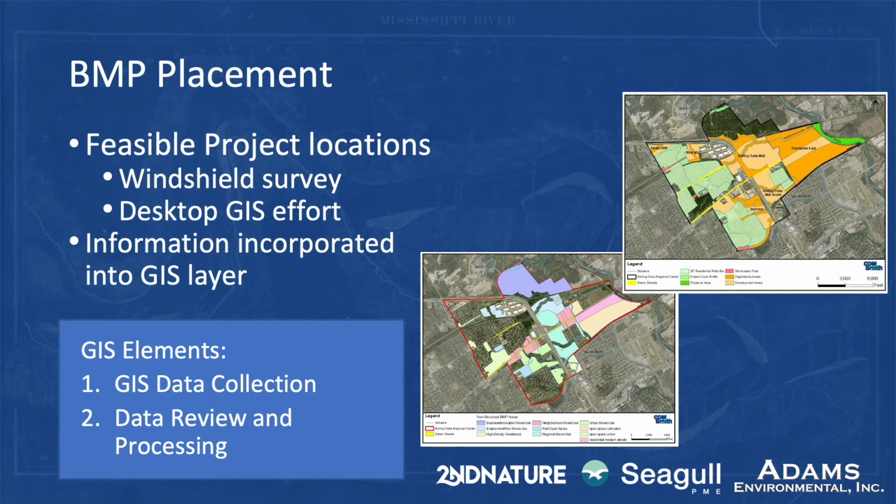The next step in the effort was to identify potential opportunities for implementation of best management practices. So this portion was a coordinated effort between field and also GIS desktop assessments. One of my colleagues with TBG was working with Sarah to do that field portion. They drove the entire area to identify potential locations for implementation of BMP projects. This was also informed by the assessment of impervious cover change and the prioritization or evaluation of those hotspot areas